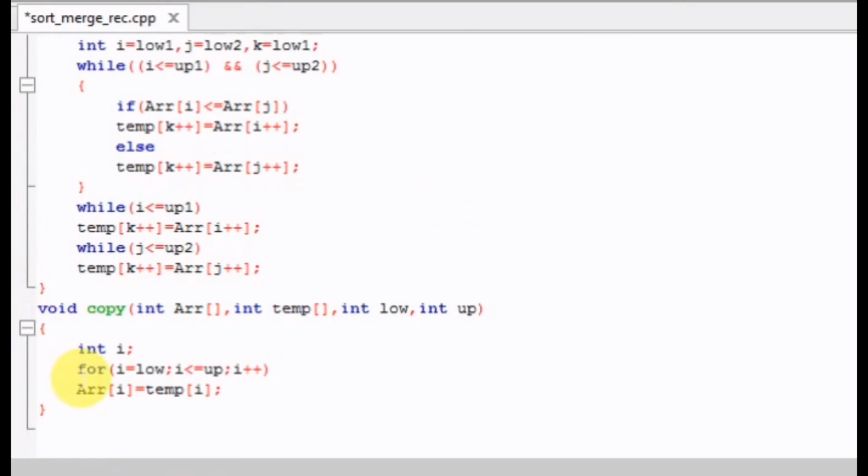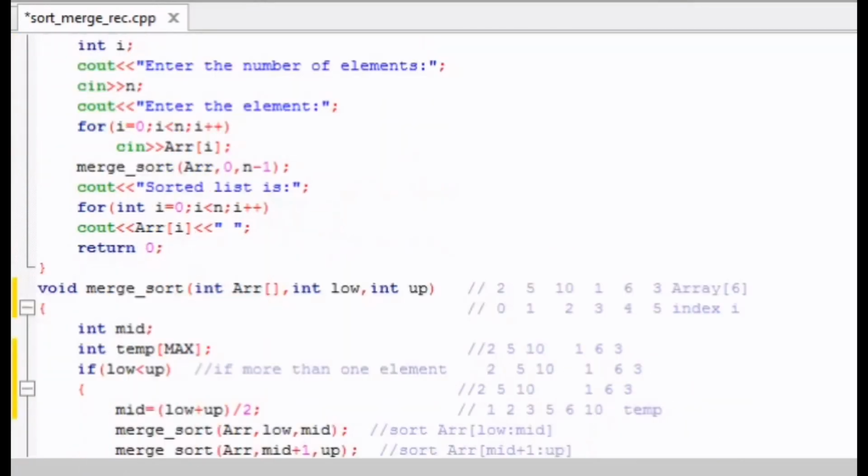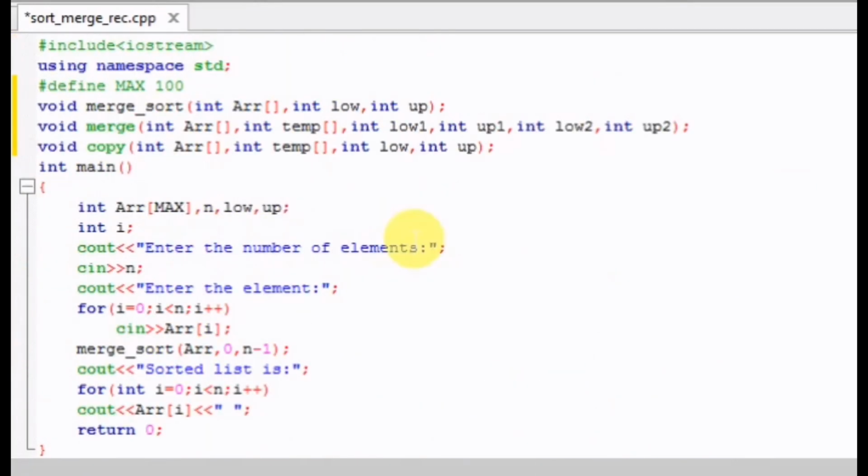Here we are just copying all the elements from the index low to the index up, that is from the lower bound to the upper bound. We are copying all the elements of the array temp into the array ARR at location i, right? So in this way we will get all the elements of the array in sorted order. So this is the code of merge sort in C++.